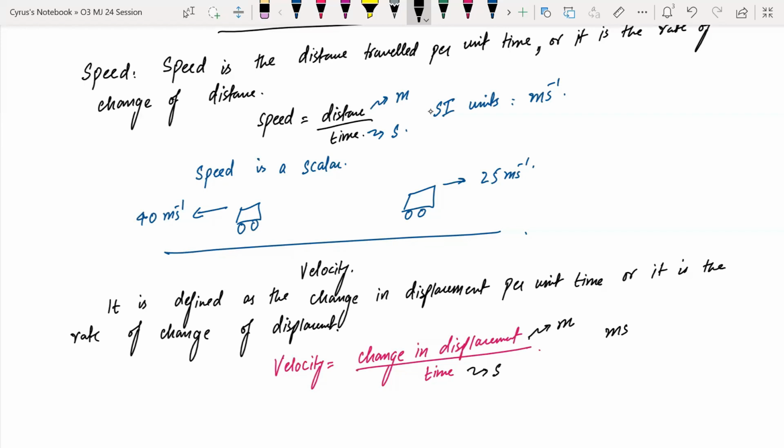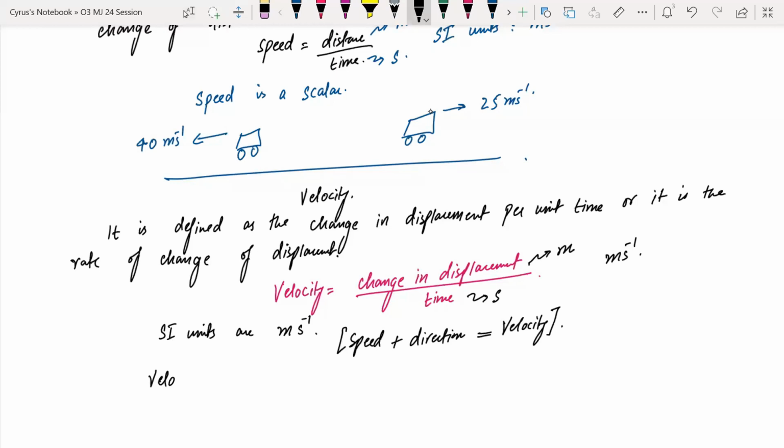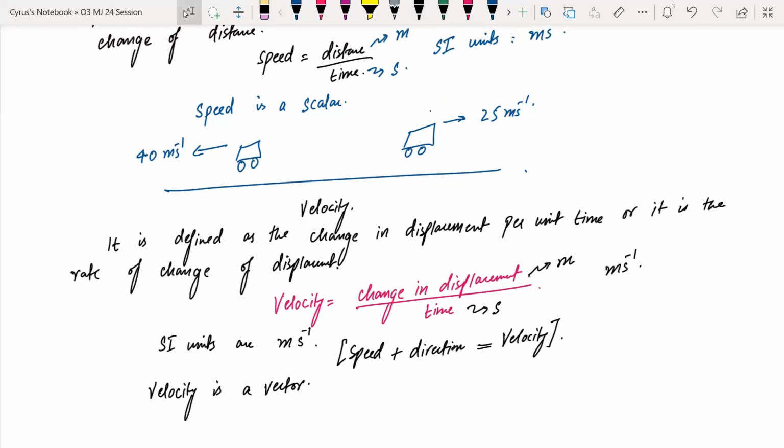So this is meter per second. ठीक है जी? SI units are meter per second, and I already told you that speed with direction gives you the velocity. And you should know that velocity is a vector. ठीक है जी? तो velocity जो होती है वो स्पीड के साथ अगर डायरेक्शन आ जाए,